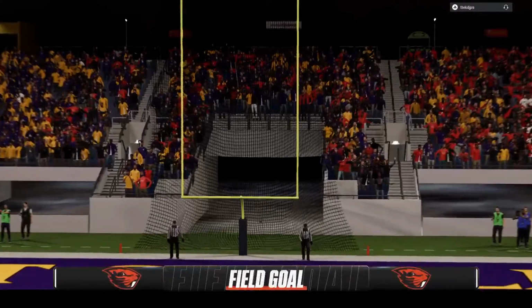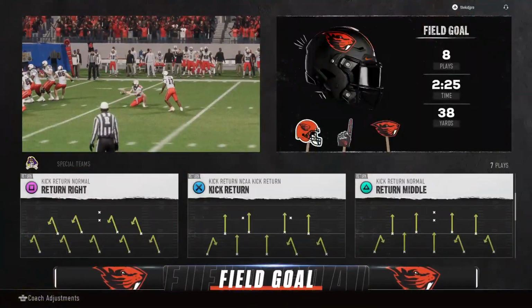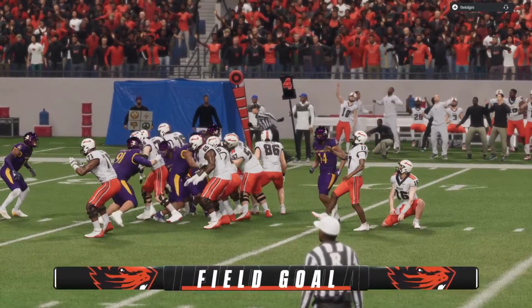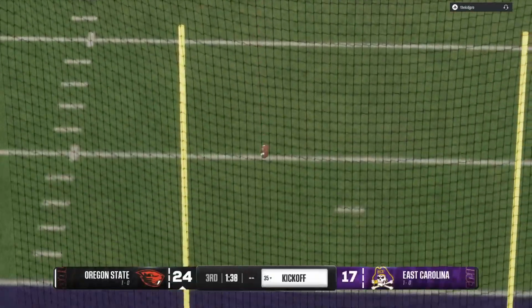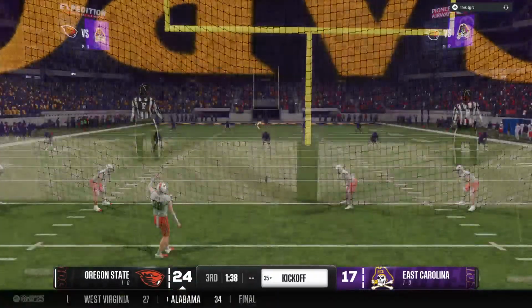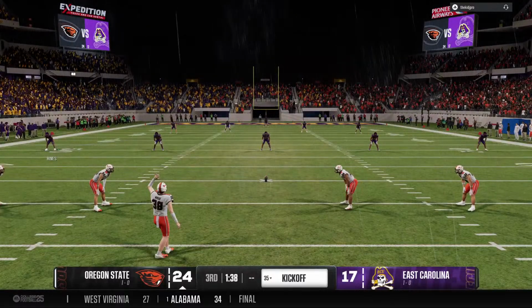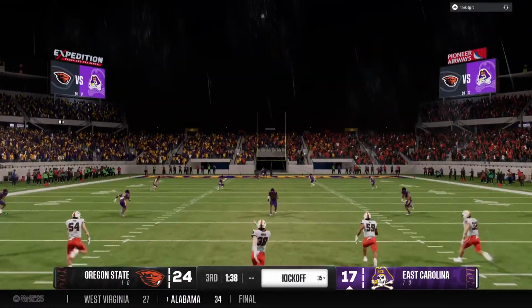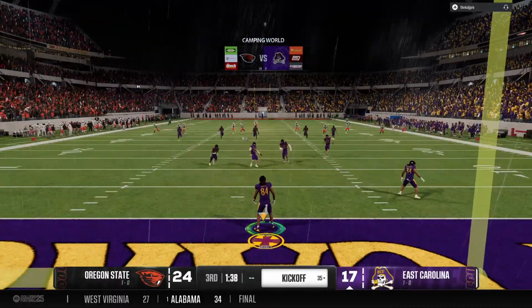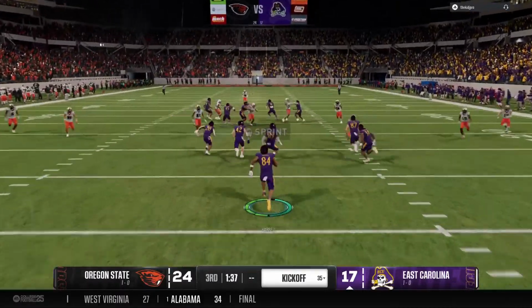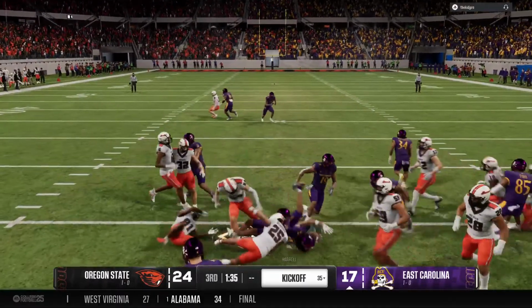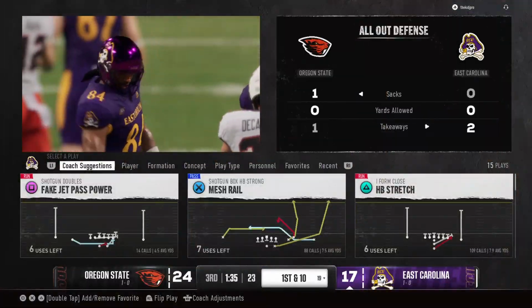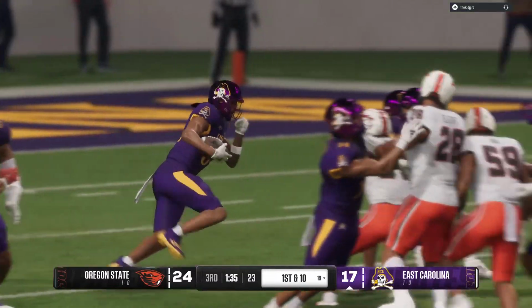He got it. How nice is it as a head coach to have a kicker like this? It makes these decisions on 4th down so much easier. Just strut him out there and let him stroke it through the uprights. They were able to get a field goal on the board, and now they'll kick it away. The returner will field it and try to get some field position. He stopped short of the 20 at the 19 and probably wishes he'd just taken the touchback.